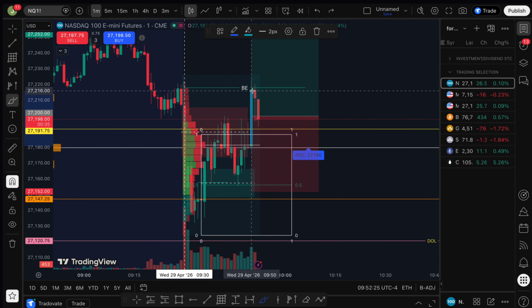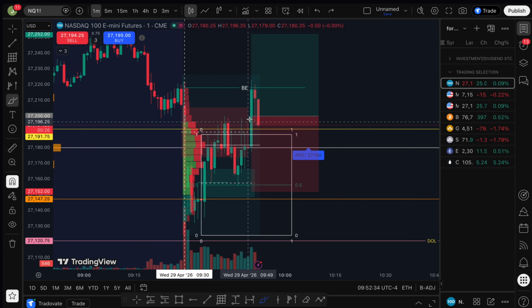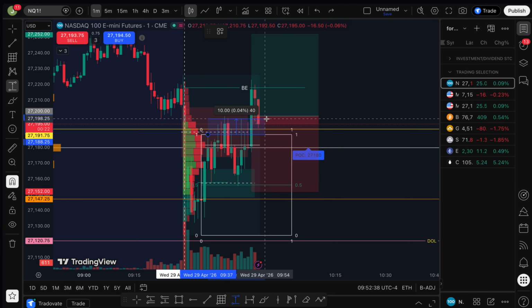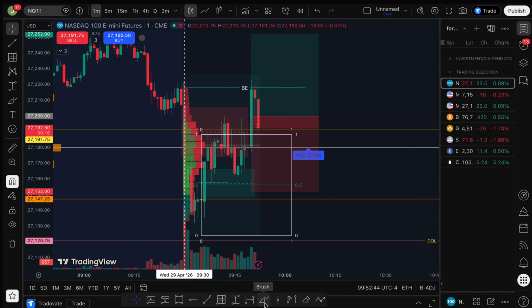This big wick, I was waiting for. I was like, come on, please close in the 10 point area, please. But it was just going up, so I had to give away points. Let's see. You can see, yeah, like 11 points. It was definitely more than 10 points, because it wasn't forming a candle in the 10 point area.